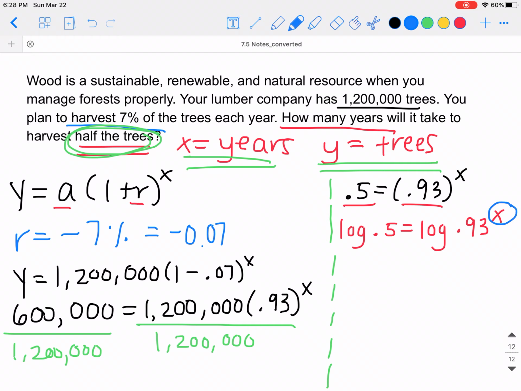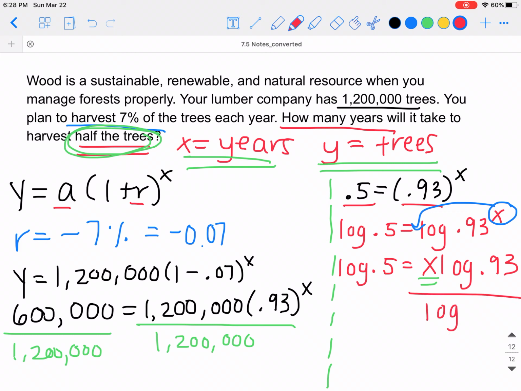Our exponent here is x. By the power property, we can bring that down to the front. So this becomes log of 0.5 equals x times log of 0.93. To solve for x, we want to isolate our variable. So we're going to divide both sides by log 0.93. When you plug this into your calculator, log of 0.5 divided by log of 0.93, you're going to get x is approximately